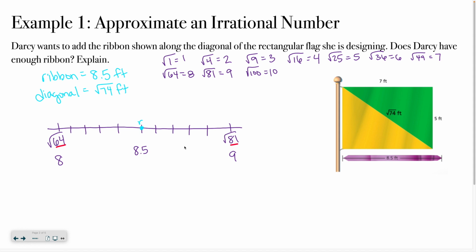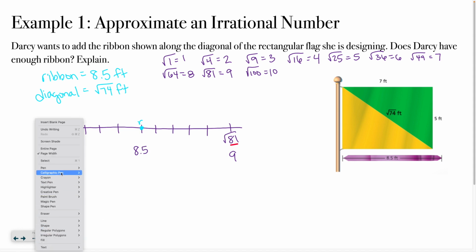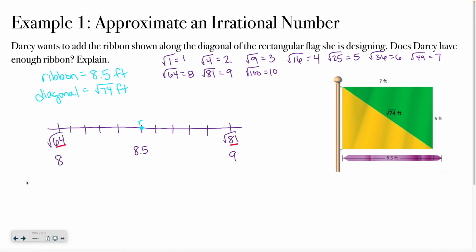So this is where you're going to do a little bit of trial and error. Okay? So this is where you can approach it a few different ways. First, you could see, what is 8.5 times 8.5? Is that 74? Is that going to work out perfectly? Let's see. So if I test it out,